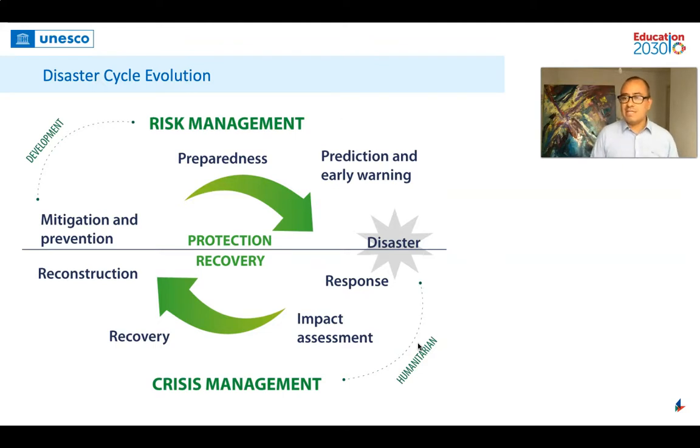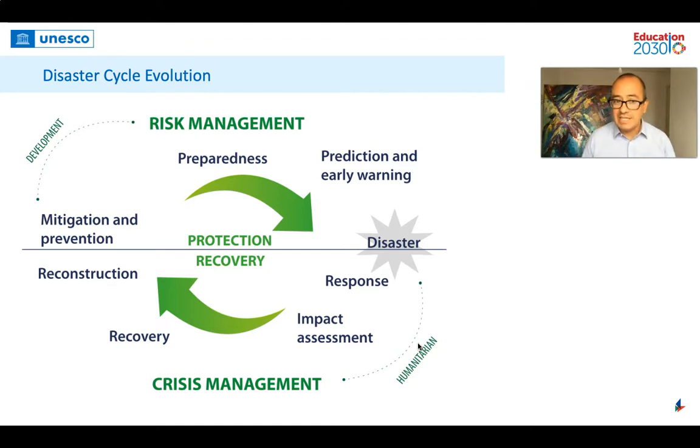And here is where we're going to start understanding, for instance, what are the urgent needs that the disaster has been making evident, and how with that impact assessment we can start preparing for recovery and preparing for the reconstruction. So this is the part of the cycle that is related to crisis management and that is related to the recovery.